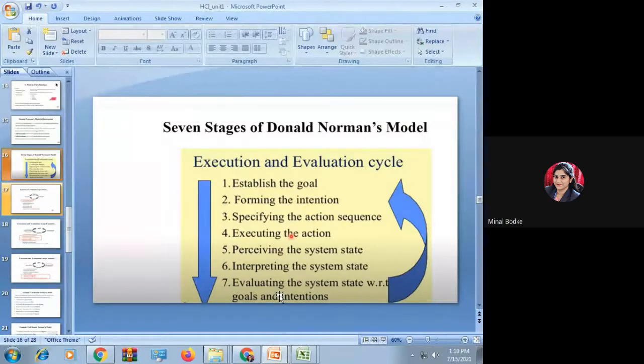Okay, you will not perceive any light. So what is the next step? By perceiving the system state, you can get 2 outputs, whether positive one or negative one. Okay. Now, if it is positive, after this 6th step, see this, interpreting the system state. So what you are going to interpret by looking at the bulb, you are going to interpret that the bulb is on now. Okay. Now, if the bulb is on, what you are going to do?